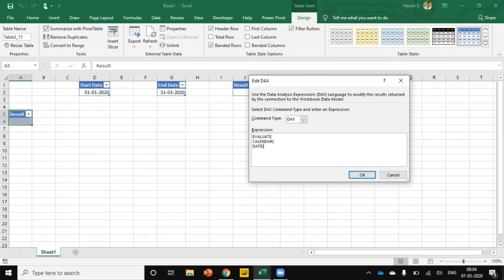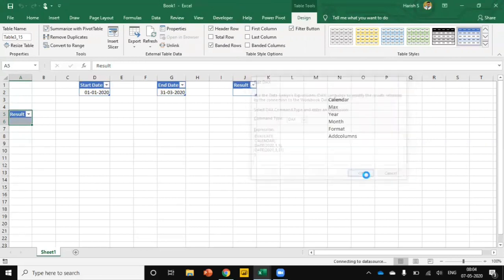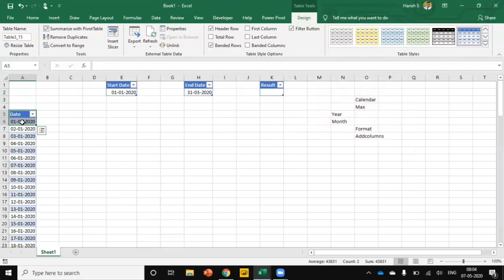Start date would be DATE(2021,1,1), and the end date DATE 2020. First I will manually add the date, then close the bracket. Okay. Now you can see that the date has been created, the calendar table.